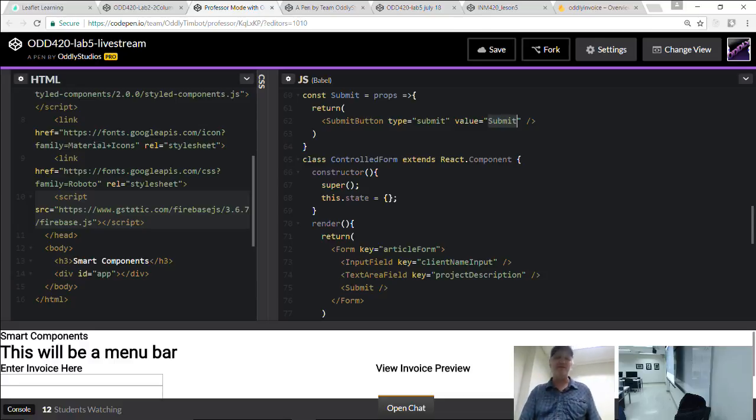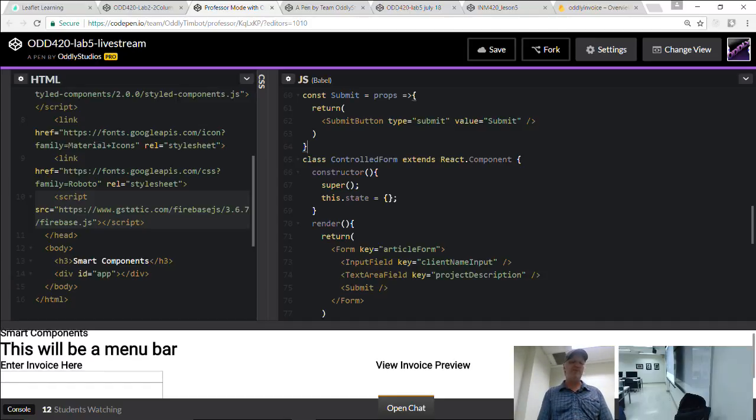We did a few things there. Now what we're going to do is create something similar for our text field and our input field, right? So in the end, we'll just have a text area and an input, and they'll be very simple, simpler than what we currently have. But let's just make sure that that submit button is in there first.